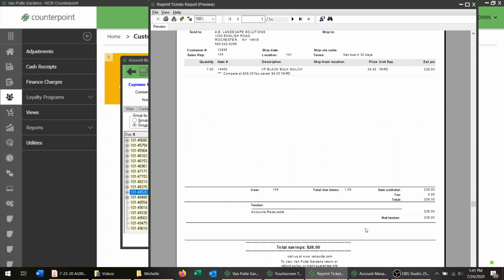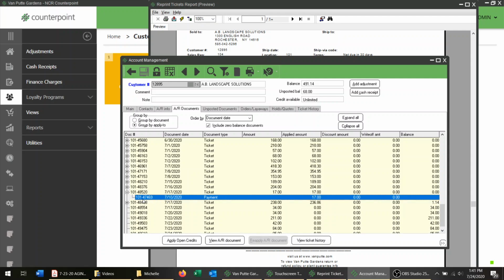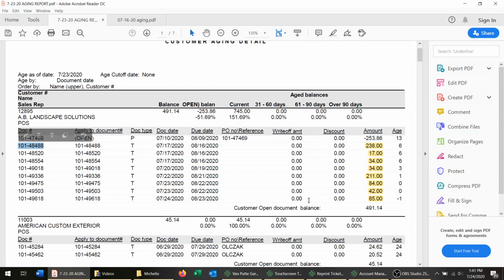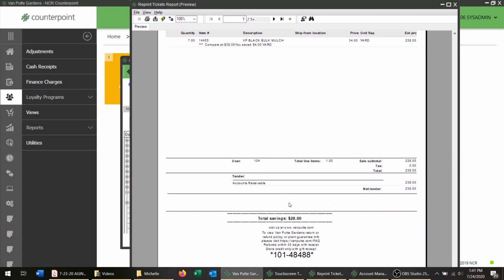It won't let me do it, but I would literally type down here, ticket number 101. It was the last payment. You can actually expand it here. I would write 101-47469. And then, actually, I think I can show you on here. Nope, I can't. I would have to print this to PDF. So I'm not going to do that to show you, but I literally would write 101-47469 right here, and then I would write minus